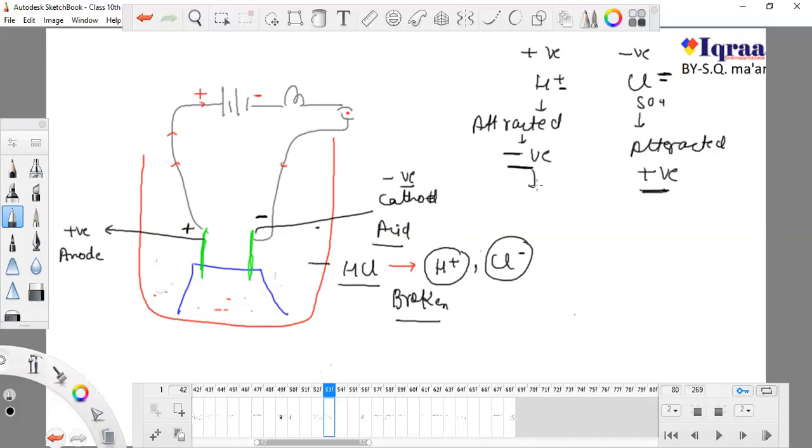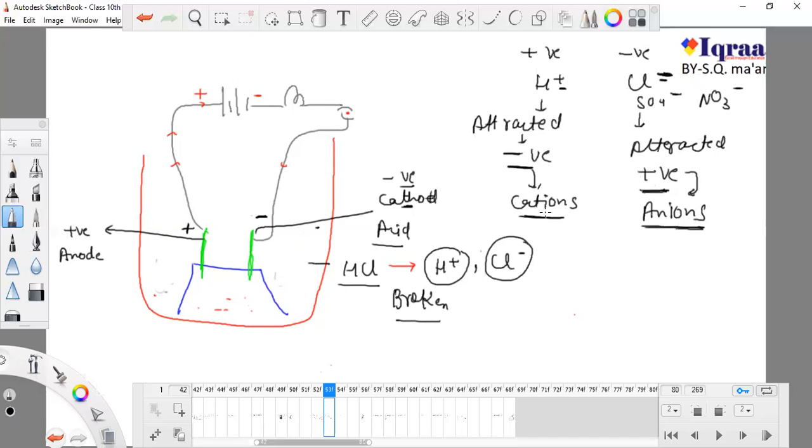So the H ions will move towards the negative pole, and the name of the negative pole is the cathode. They are known as cations, because they are positive but move towards the negative side. And these chlorine ions, or SO4 ions, or NO3 ions, are negative, so they get attracted by the positive terminal and move toward it. Depending upon their movement, they are known as anions.